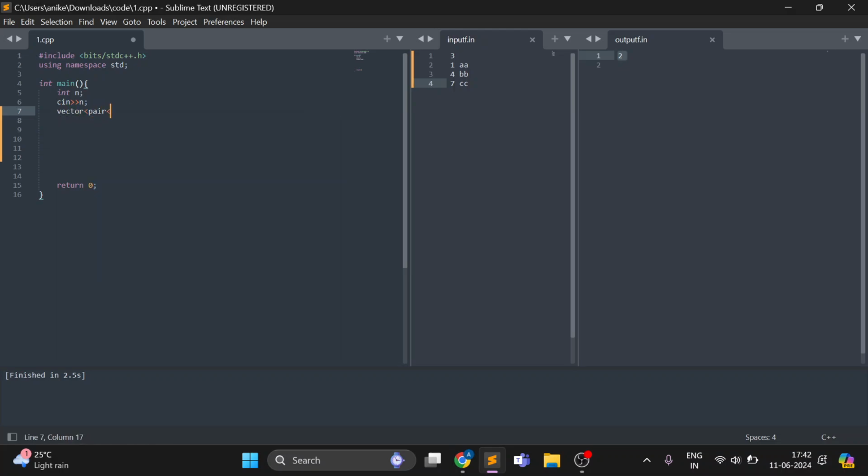Let's say I declare a vector of pair of int comma int, v of size n, and I will take input. So make it 7, this will be 4, and this will be 3, and this will be 5, let's say. Now if I sort this,